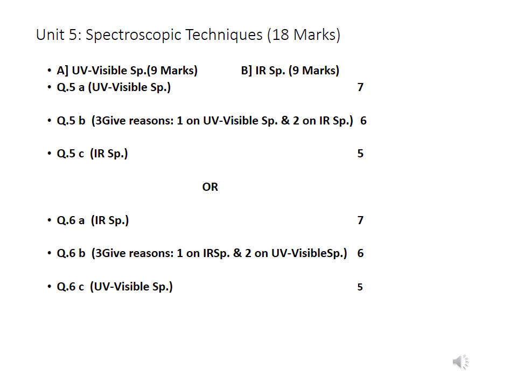for 5 marks, and the reverse is going to be like in question number 6, 7 marks A part, 6 marks B, and C 5 marks. This is a presentation which is based on UV visible spectroscopy. This is part 1. In this part 1, I am going to describe the basic terminology used in spectroscopy, what are the principles which are involved in spectroscopy, and how the UV visible spectrophotometer works.